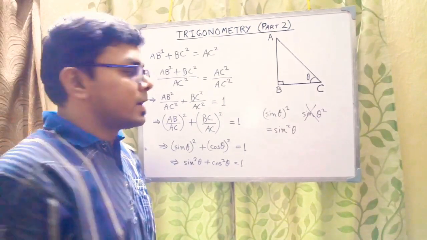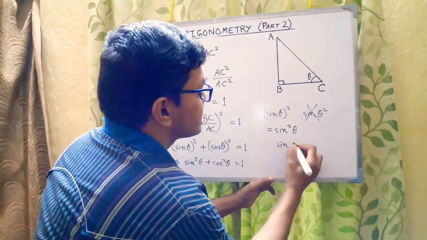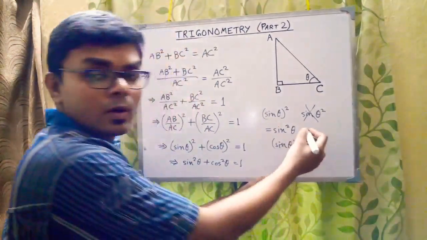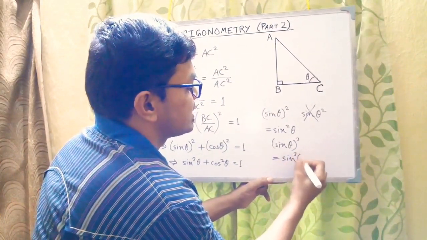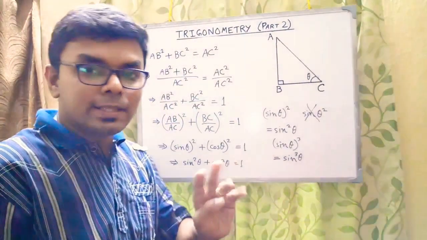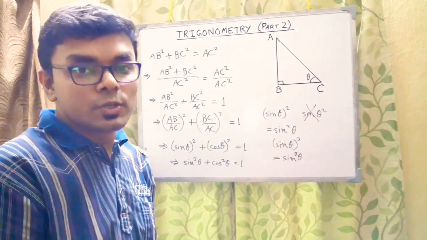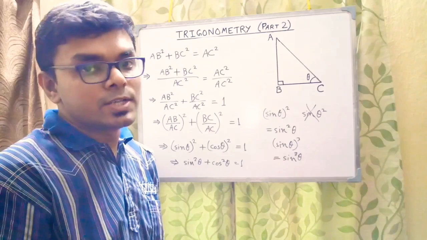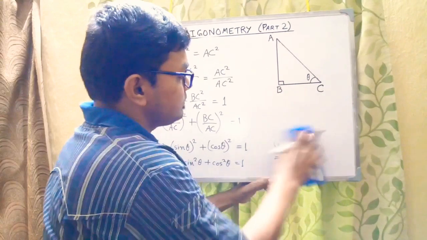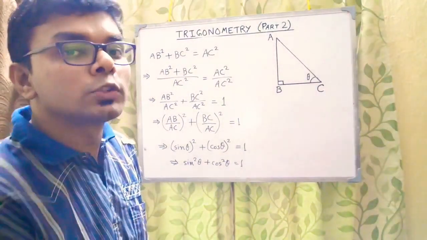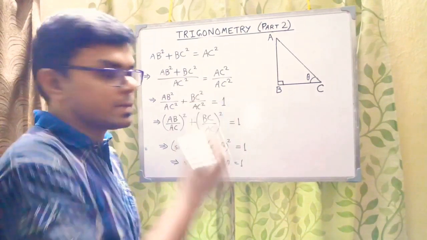Is it clear to you? I hope it's clear to you. Similarly we can have sin theta whole cubed, or any power over here, that would be sin cube theta. Always remember, we are not doing anything with the angle, it remains the same. The power, the index here, is applied on the ratio. But one thing also has to be kept in mind. Those of you who have learnt laws of indices, for them this is a noticeable point.